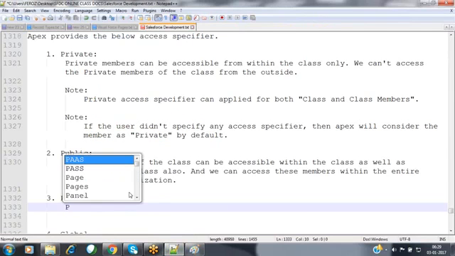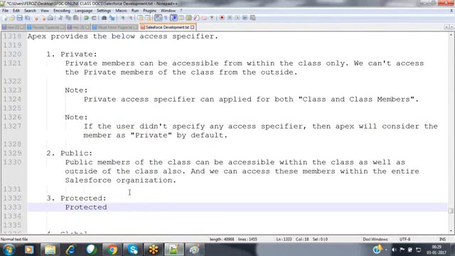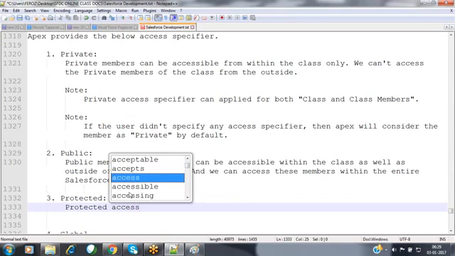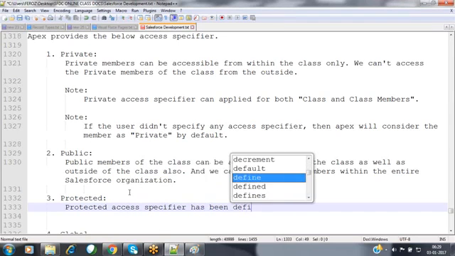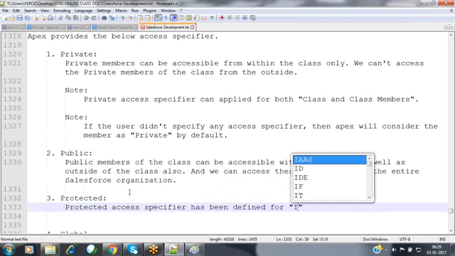Now, the protected access specifier has been defined for the inheritance feature.